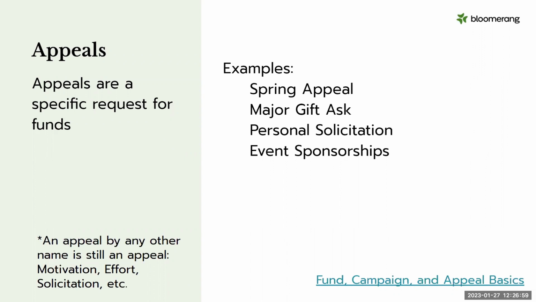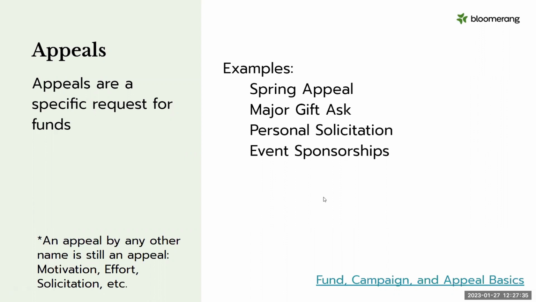Another question we often get is, how can you retroactively correct data? For those of you who are coming into a database that you didn't set up, and maybe that's something you inherited, take a look at how that's set up in the past, if they don't have that documented, and take a look at how you want to set that up moving forward. There are tools within Bloomerang where you can do a mass update of your funds, campaigns, and appeals, for example. We're not going to go into detail in this class, but that is an available tool for you.